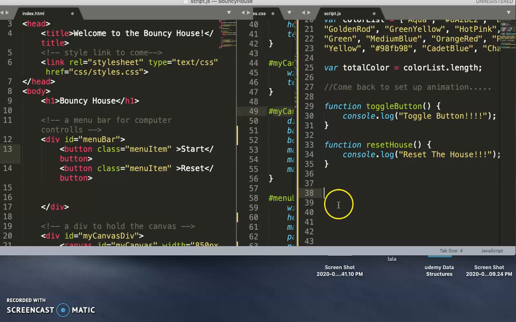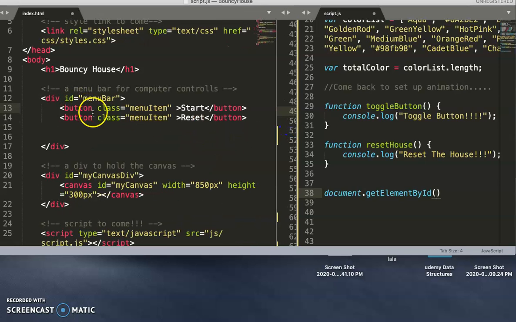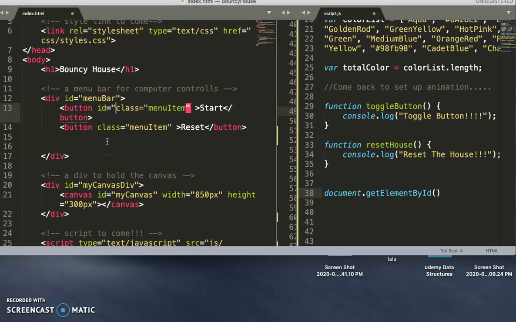So let's get that going. What you're going to say here is, great, you're going to say document, and we love getElementById. My gosh, getElementById. It even knows what it is now. And what we want is the button. Let me see. Do these guys have IDs? Oh my God, they don't have IDs. So what we need to do is set up an ID for them. So I'm going to go like this and say